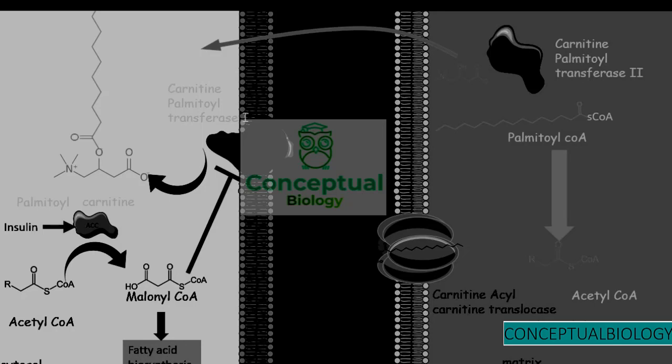So in the fed state, fatty acid biosynthesis is favored rather than fatty acid breakdown. In contrast, in the fasted state, fatty acid breakdown would be favored rather than fatty acid biosynthesis. So we understand how hormonal level can regulate the